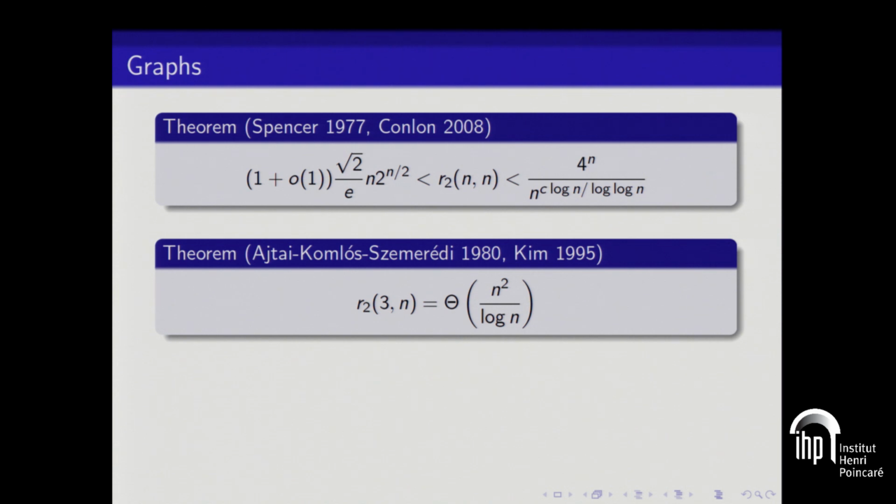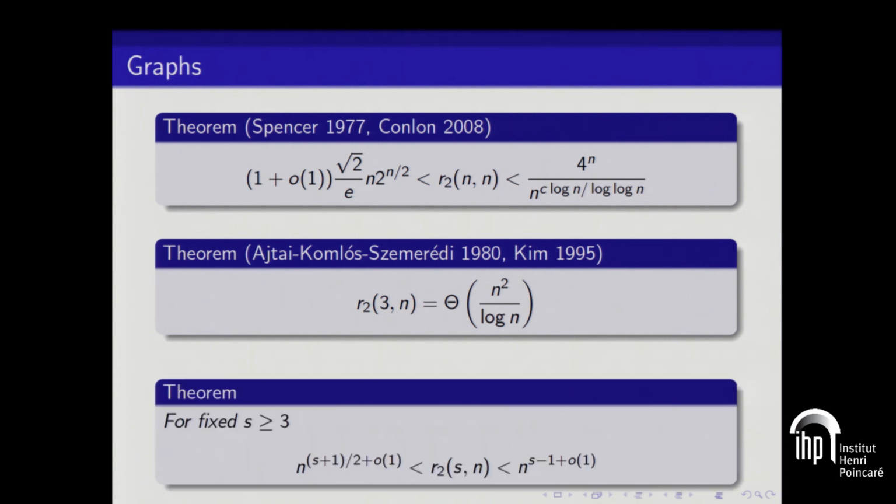So here are the asymptotics, I put everything up here. So there are 2 main problems, and this will be the main theme for the first 10-15 minutes of the talk when I speak about hypergraphs: the so-called diagonal case and the off-diagonal case. The diagonal case is when the red and the blue clique have the same size. In that case, I call that size little n. And in the off-diagonal case, the red object is small and the blue object is large. So s is small and blue is large.